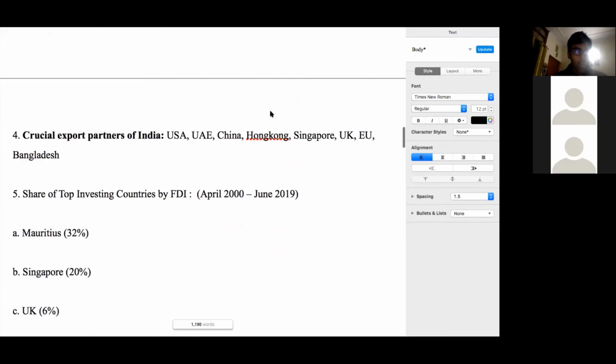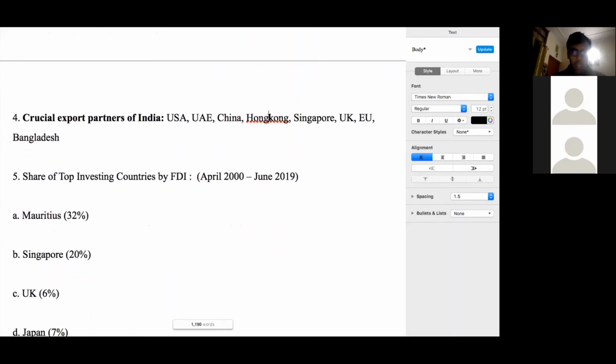So now we move on to crucial export partners of India, which we have already discussed. Now, although Hong Kong is a part of China, it has a very special status within China. So Hong Kong is considered separately. In fact, even the World Bank, IMF, and all the international financial organizations take Hong Kong's figures into account separately. And these figures are even published separately in all their reports and financial and economic documents. Because Hong Kong has a very special status, it is called Hong Kong SAR, Hong Kong Special Administrative Region. So Hong Kong has a very special status within the Sovereign Republic of China.